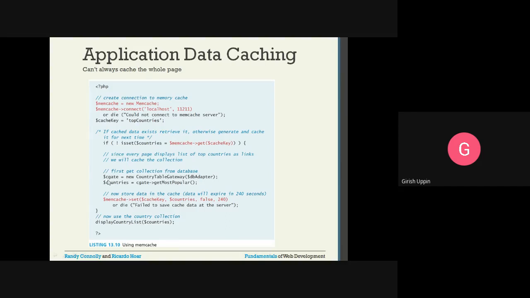First, get the collection from the database: $cgate = new CountryTableGateway. This is some kind of class that is created, and I am passing the database adapter, maybe for the connection. This object is related to getting data from some source, and it is assigned to cgate.